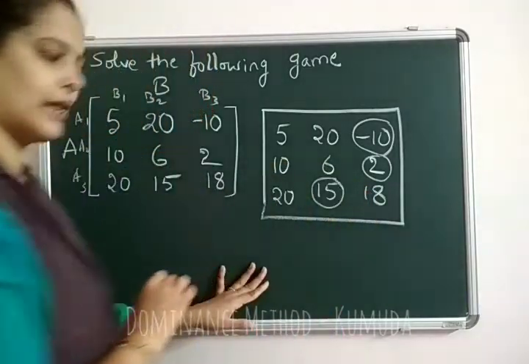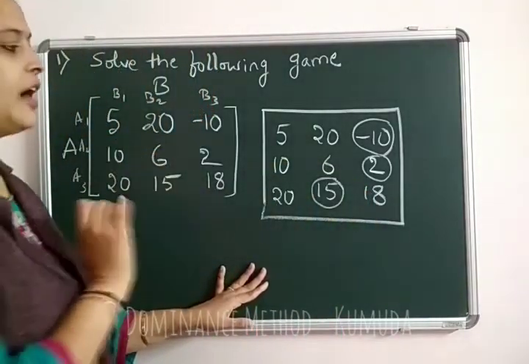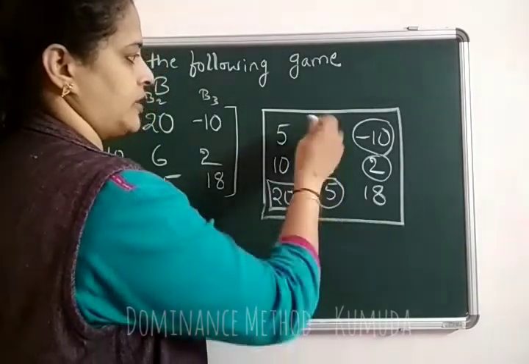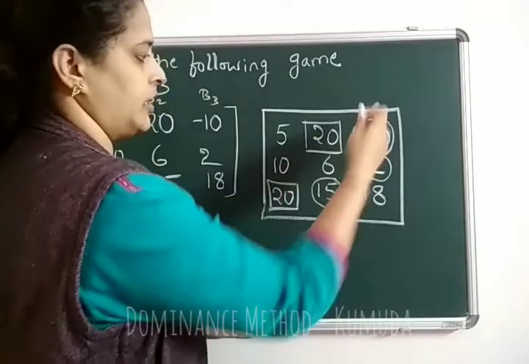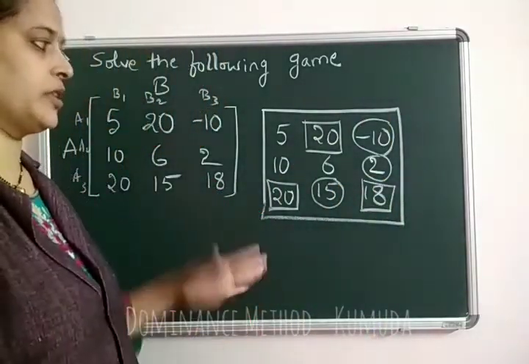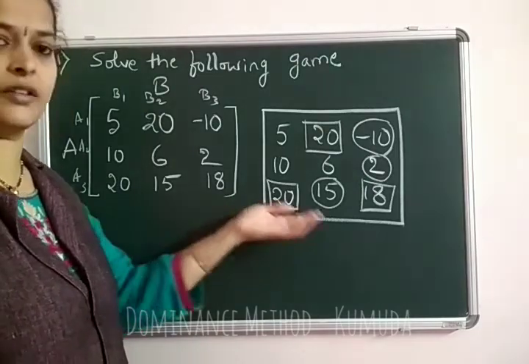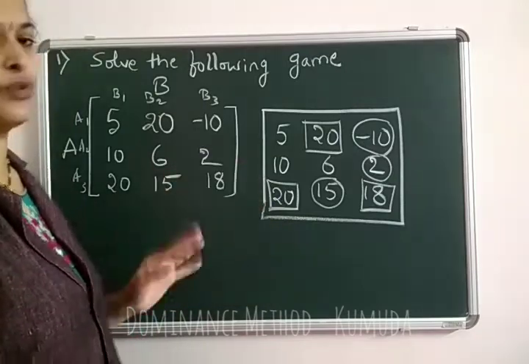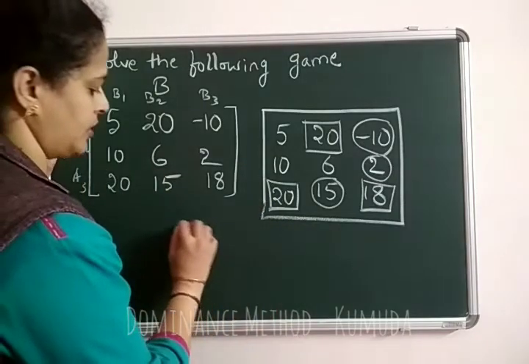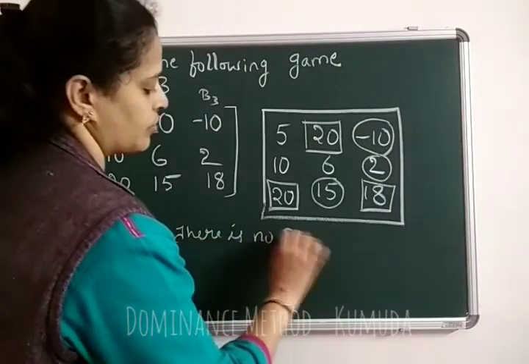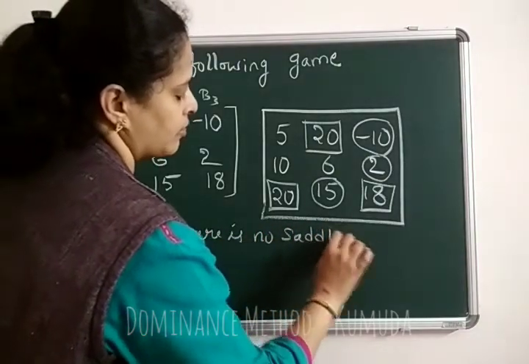Now according to the saddle point rule again, in the column find the highest number and give a rectangle to it. Now in this case the highest element is 20. Though we have a 3 cross 3 matrix with us, we never have a chance where the circle and the rectangle are coming to the same number. That means to say there is no saddle point. So the conclusion is there is no saddle point.